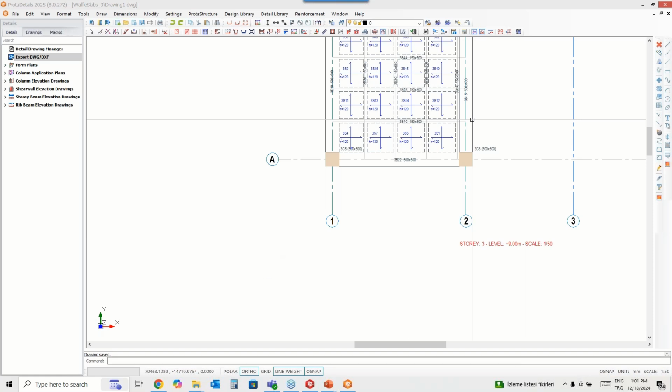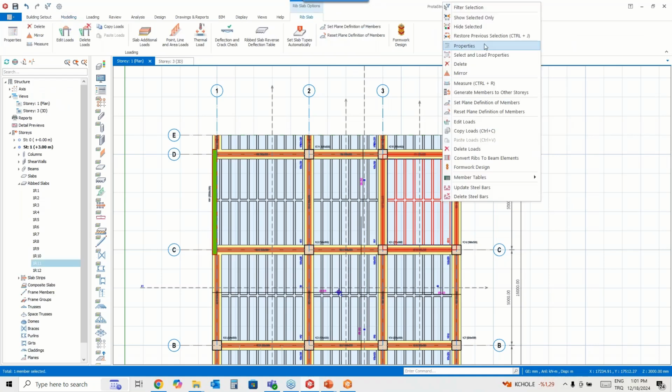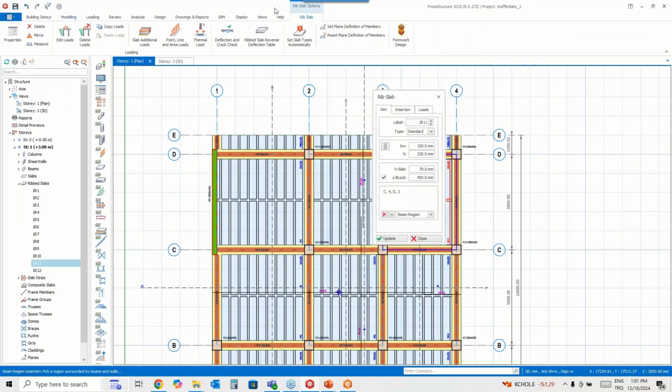In our case, I designed it as rectangular, but you can also use the T section, because we have an analysis option in such a case. Is this structure orthogonal? Yes, it is. Is it possible to simply support each rib slab panel? Yes, it's possible. For this purpose, you need to select the second option, prefabricated. If you select this option, we add hinges at both ends of the rib beams.